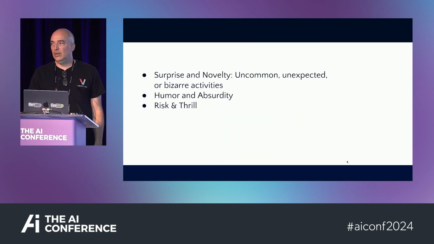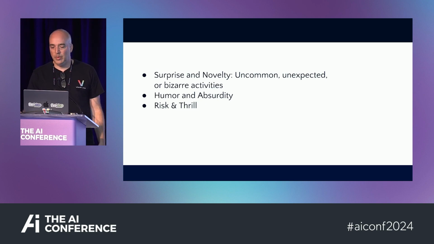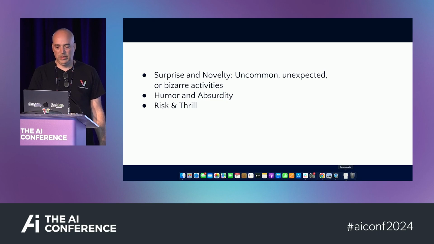So if we summarize what we've seen so far, what's common about those outliers? We have three common things. One is you have to do very bizarre and weird things to get popular. The second, it should be some kind of funny. And the third, you have to be crazy and do dangerous things, and then maybe you will be liked in a social network. But it's kind of the common theme around social network activities.